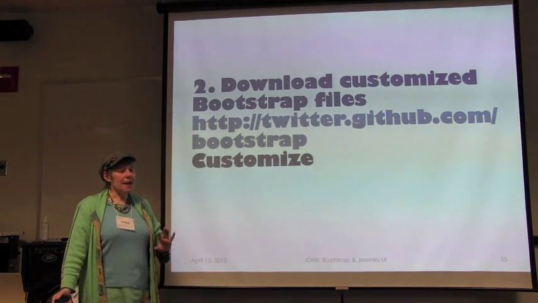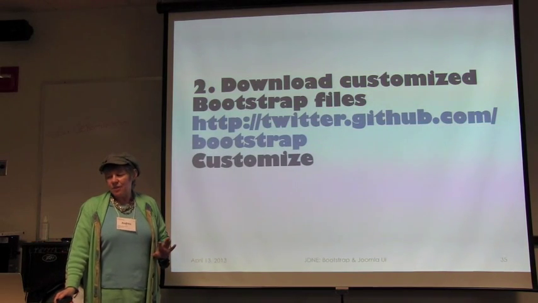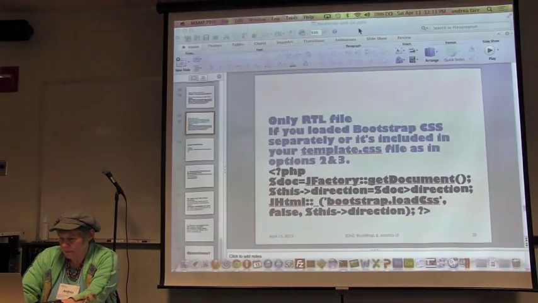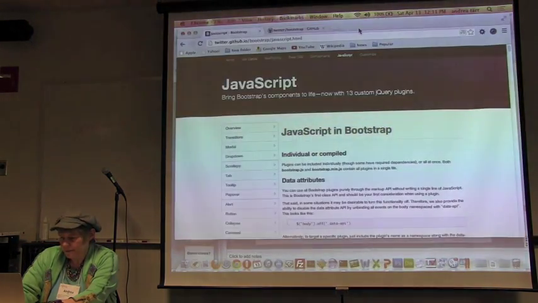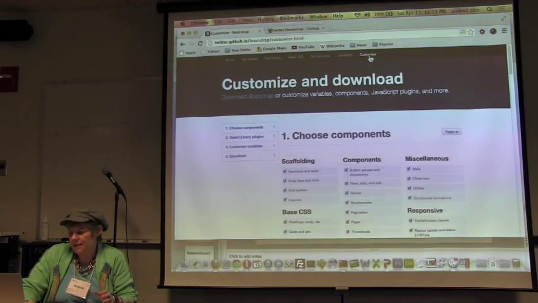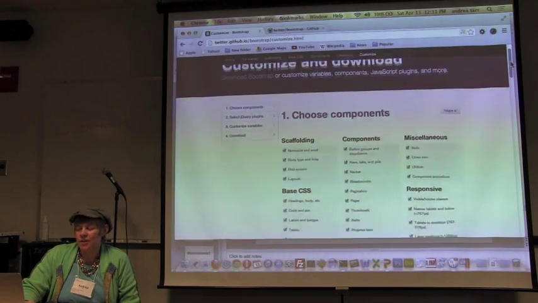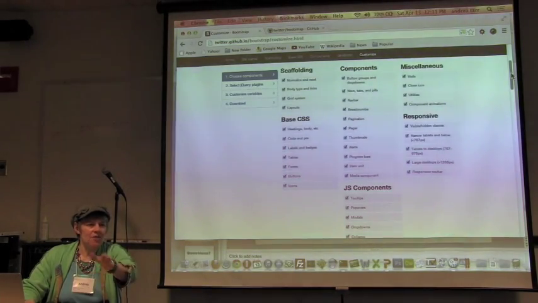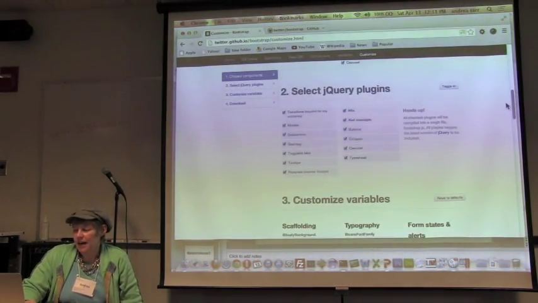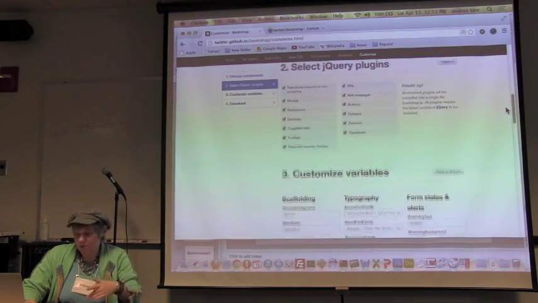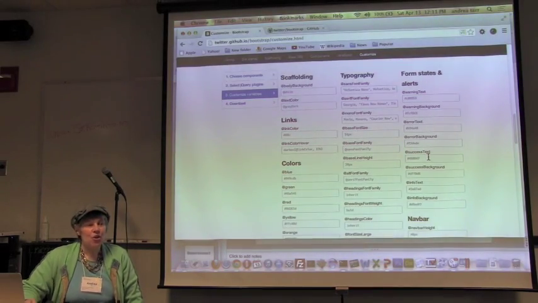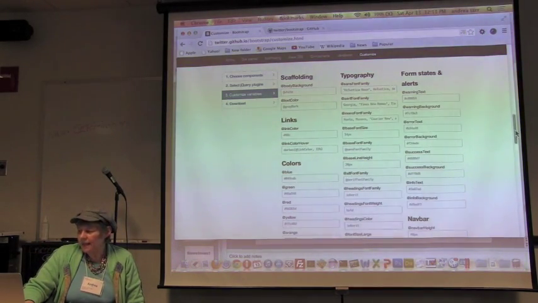Okay, so the second way that you can do it, and this is where you can download the customized Joomla files and use those, is here under Customize. You can choose what components you want to do. I would actually grab them all because some third-party extension might be pulling something in. You can decide which jQuery plugins you want to have. And then you can customize the variables. You know, what do you want to have as your font family? What's your success text color? So you can fill all of this in, and then at the bottom,